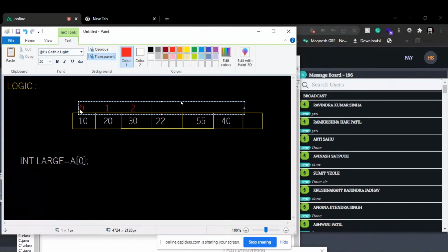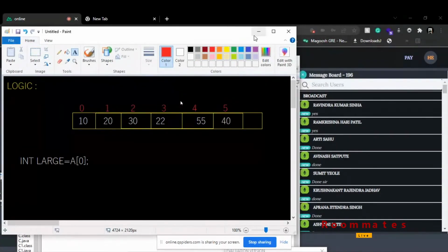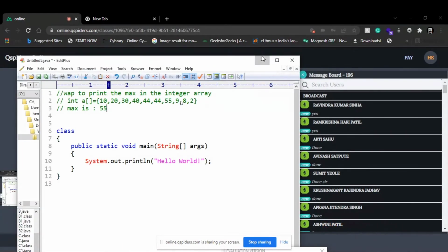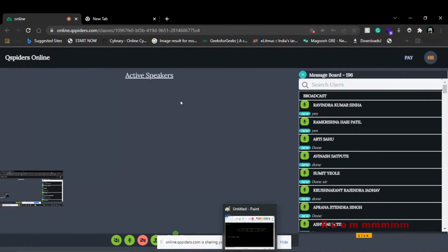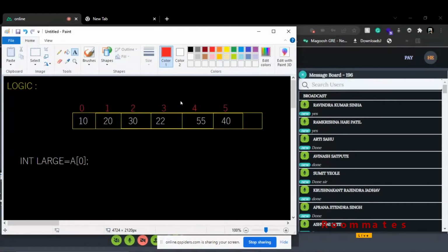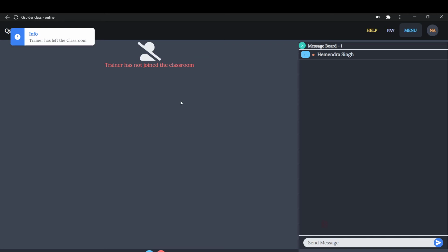Now I will create one array, and I'm assuming large should be a of 0. I am initiating one loop: for int i equals 0, i less than a.length, i plus plus.